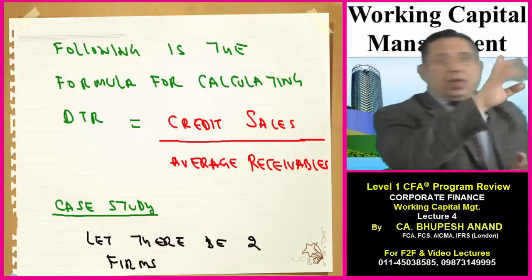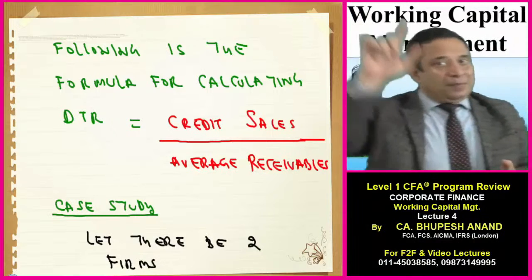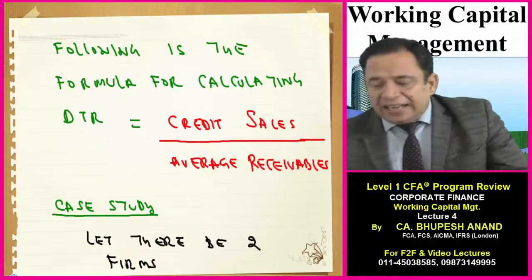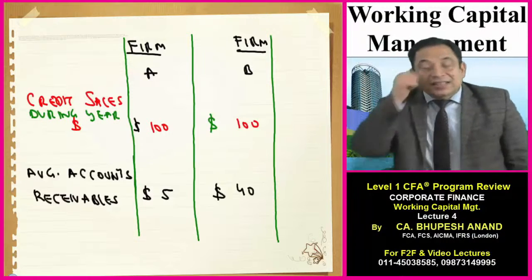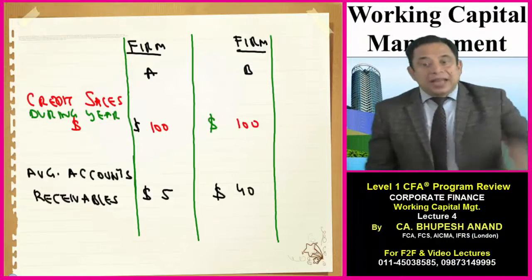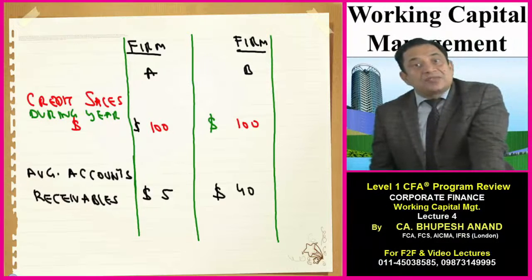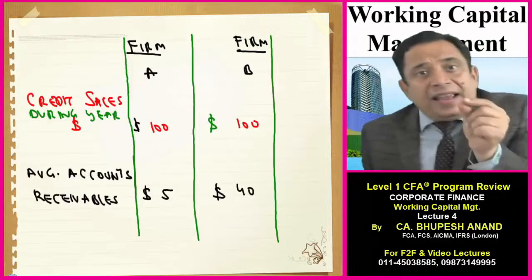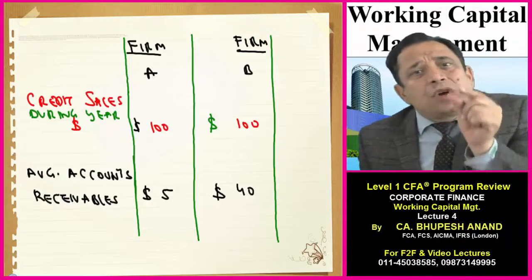Again the same logic: quantity sold upon average debtors. Then I will multiply with the selling price on both sides. I will tell you the logic first, right on this case study. Let there be two firms, firm A and firm B. Let the sales be $100 for both firms. And let the average accounts receivable in a year be $5 for firm A and $40 for firm B. It means in the case of firm A, there are only $5 average receivables which always remain